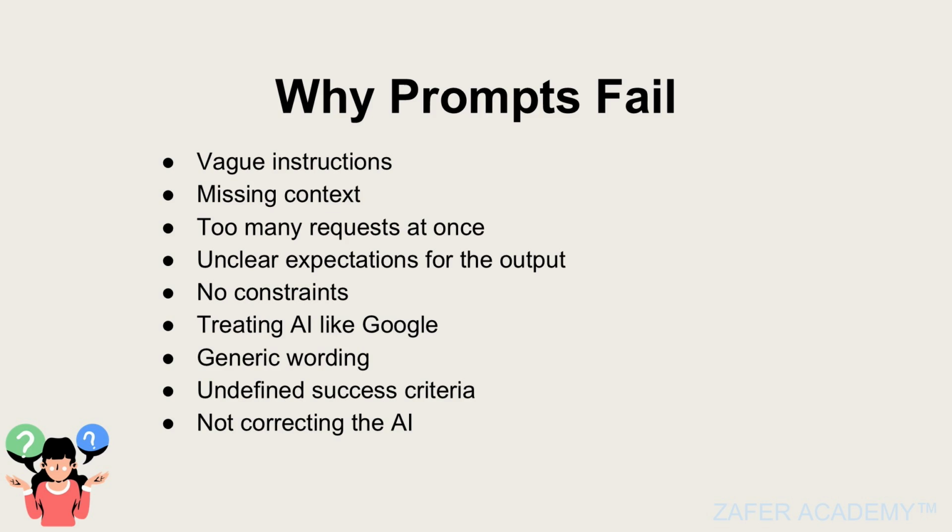Our next point to consider is treating AI like Google. A lot of people do this, and it's quite wrong. AI is not Google. Of course, it was trained using a vast amount of information, but AI is not Google. On Google, you can just go and type list 10 biggest companies in the world, and it's going to list it. But if you take that same question and write it into an AI agent, of course you're going to get the listing, but the list is not going to be specific to you, right?